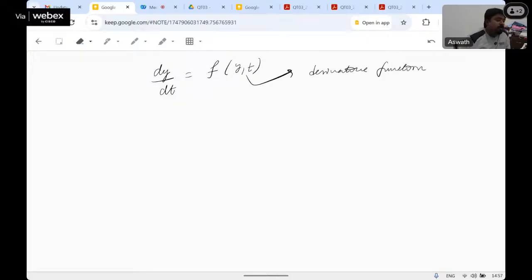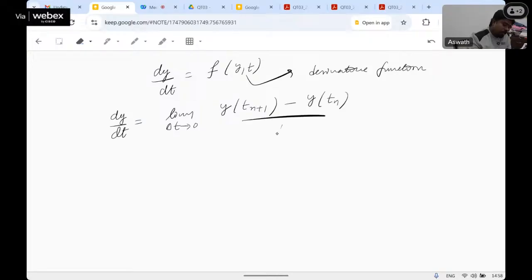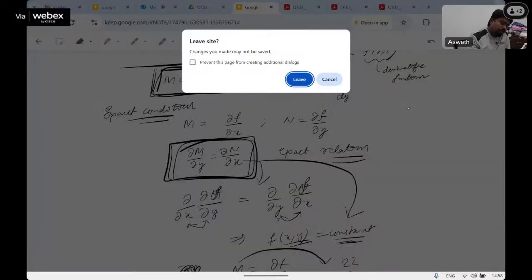Now on the left hand side I have a derivative. So first of all, let's find out what the derivative is. If I have to explicitly write the derivative, it would be the limit as delta t tends to 0 of y at some time divided by delta t, where delta t is